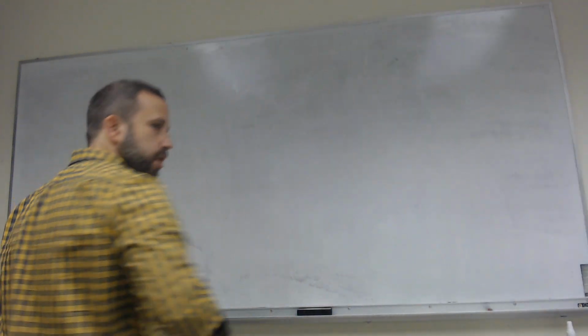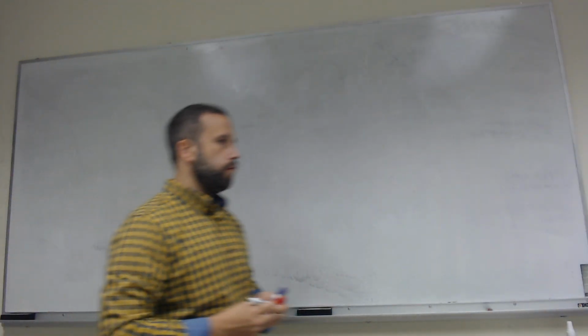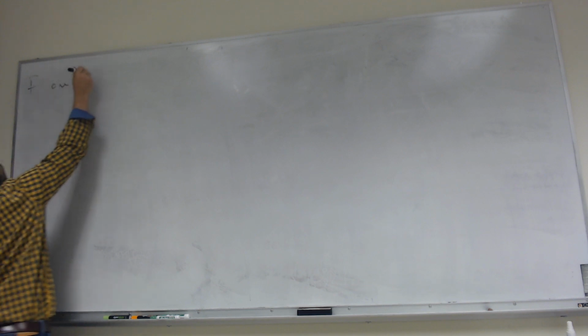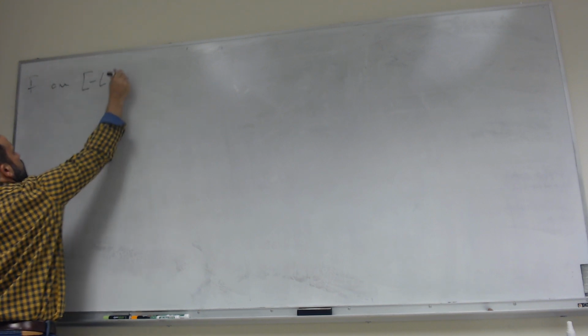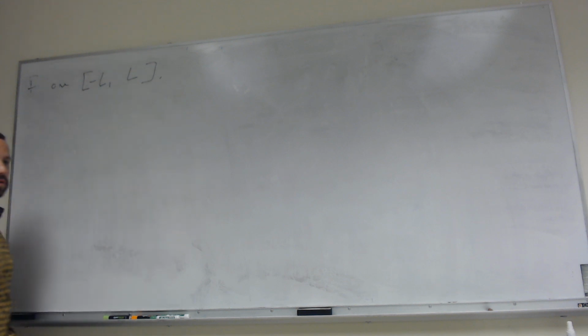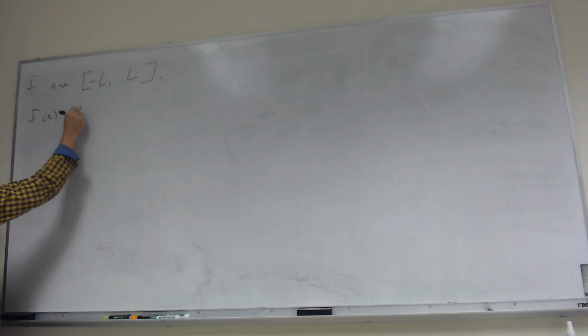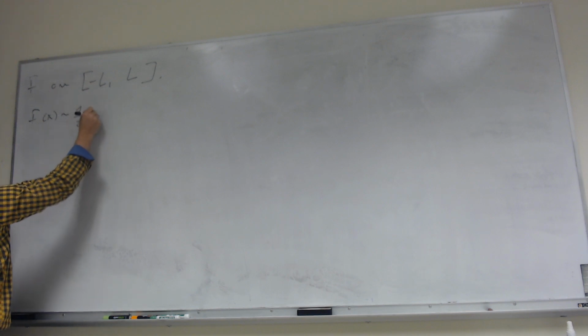Okay, so finally we're going to look at the theorem for the full Fourier series from minus L to L. So here we have f. f is a function defined on minus L to L. The full Fourier series, f of x, is given by 1/2 a0